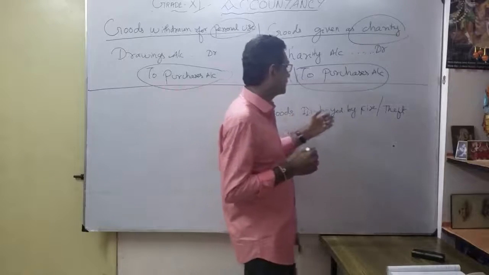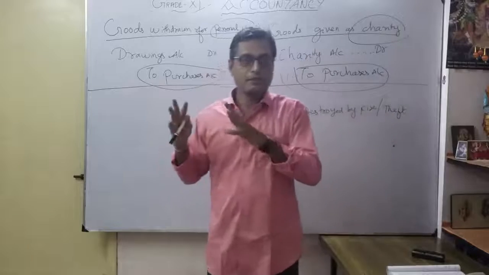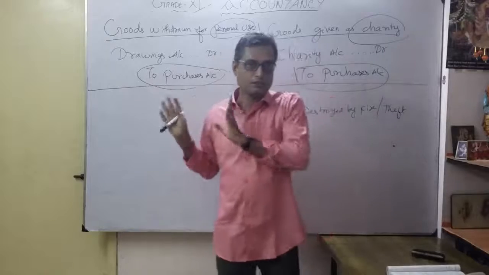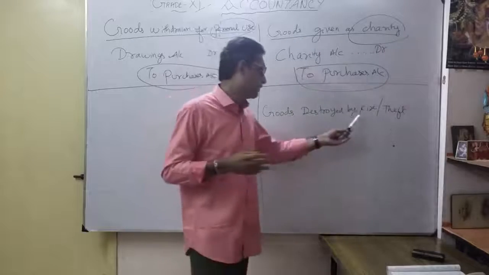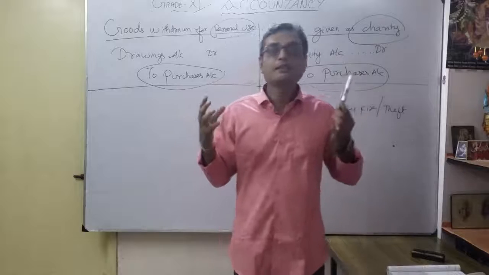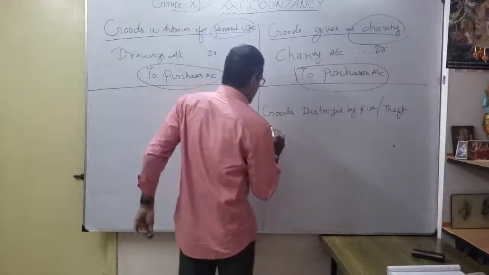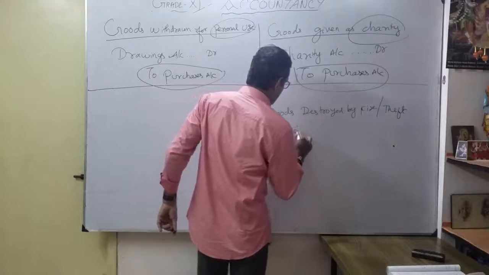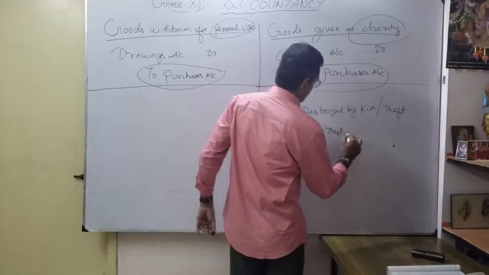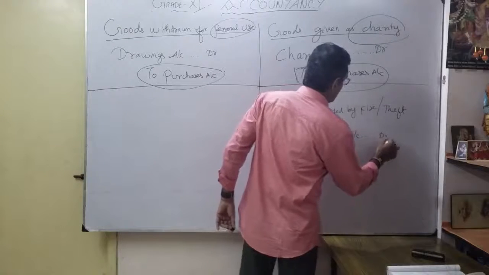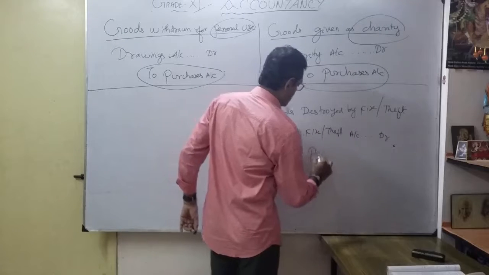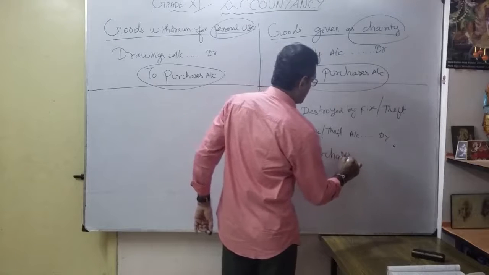Similarly, suppose goods are destroyed by fire or theft. For example, we are keeping some goods, the same rice bags, in a warehouse as a godown. What happened? It was destroyed, maybe due to fire or theft. So how to show that particular value of the purchases? In the same manner, I will debit loss by fire or theft account to purchases account. So I am crediting, then only my purchases will be reduced.